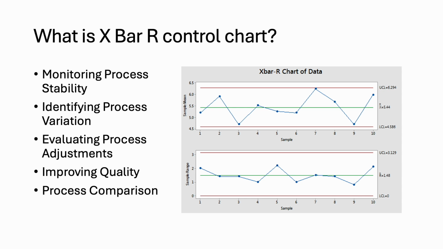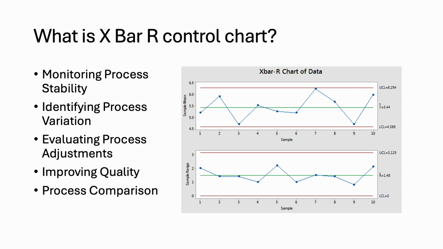Training and competency. The chart serves as a training tool, helping technicians understand process behavior and the impact of their actions. As an example, new technicians plot quality control data for electrolyte testing on X bar R charts, learning to recognize and address variations. Process comparison, which can be used to compare the performance of similar processes over time or